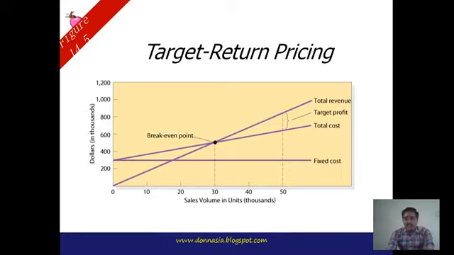We continue with our example, and we are selling 50,000 units. So what actually is the target profit? It is the gap, the curly bracket, as we see in this figure. The target profit is the difference between total revenue and total cost. It means that target profit is equal to total revenue minus total cost at 50,000 units. So we can easily get a clear idea about the target profit using this figure.